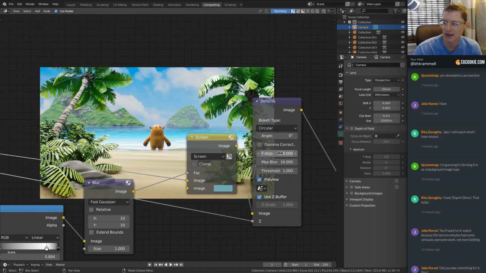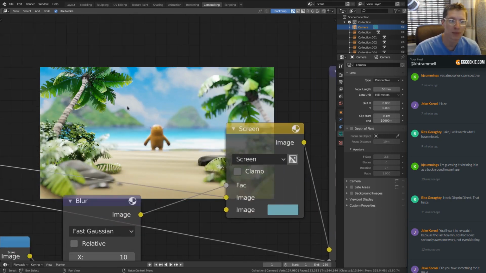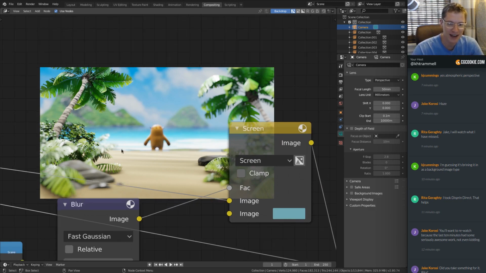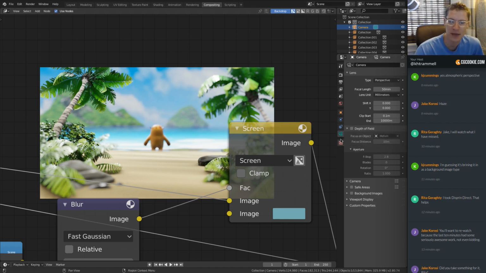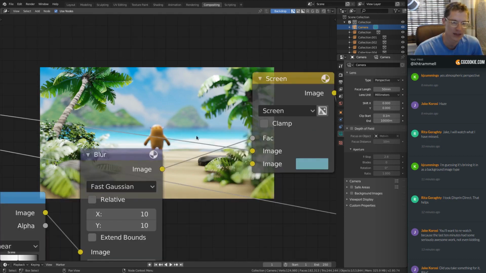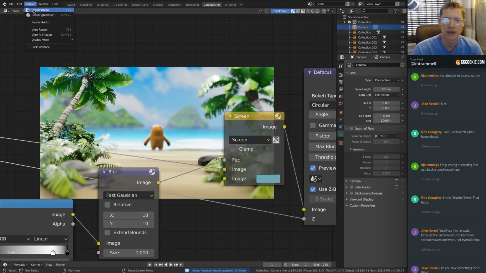Because if I change the f-stop value to like 10, you're going to see that we get a lot of blur in the background and then blur up front, but then the focus is like at the front of the bushes, where we want the focus to be on our Melvin character. So I need to actually choose Melvin. All right, so I can choose that as my focus object. I don't even need to enable depth of field. This information will still be plugged into the Z information, the depth information of our render layers, I'm pretty sure. So when I do another render,